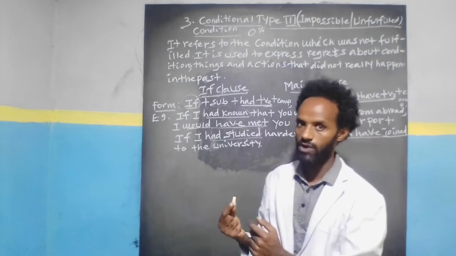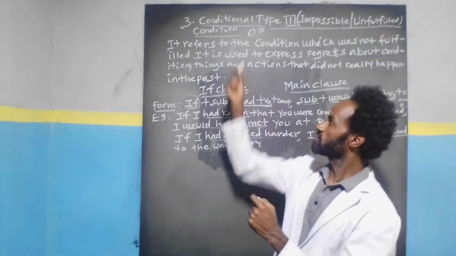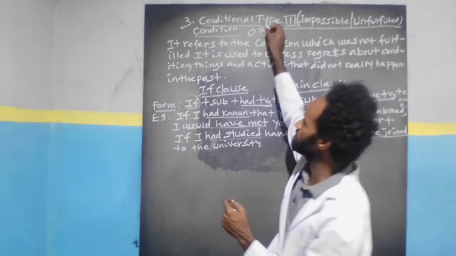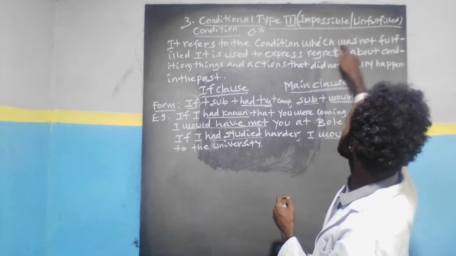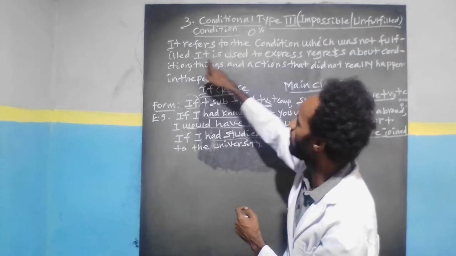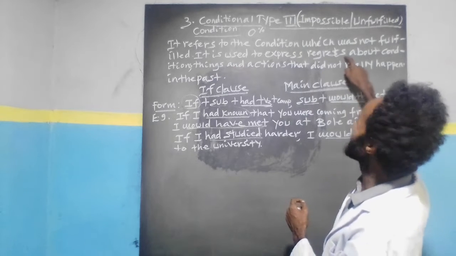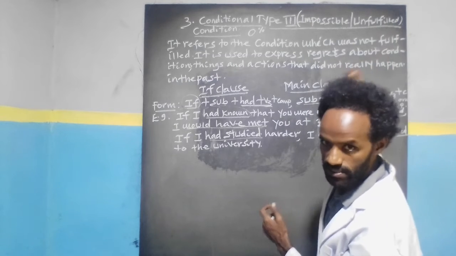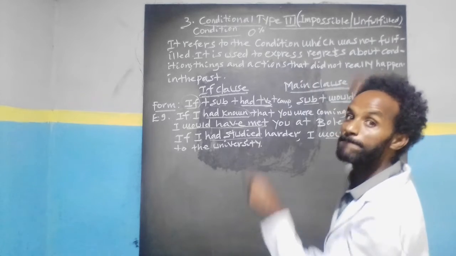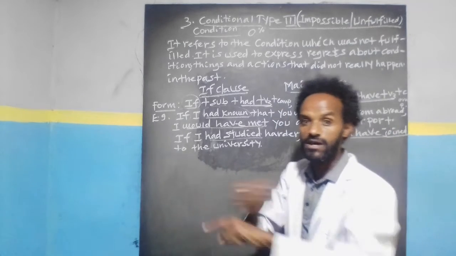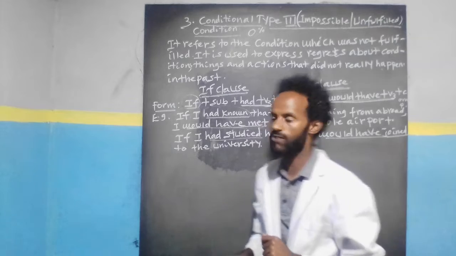ከዚህ በፊት ፓስት ነው የሚያወራው። ስለ ፓስት አንፉልፊልድ ነው የሚነግረን። ኮንዲሽናል ታይፕ 3 ዲፊኒሽናችን ላይ ቁጥ አምረናል። It is used to talk about the condition which was not fulfilled in the past, or it is used to express regrets about actions, conditions, actions that did not really happen in the past. ይላል ምን ነው በእርግጠኝነት ያልተደረገ ነገር ነው የሚያሳየው ማለት።